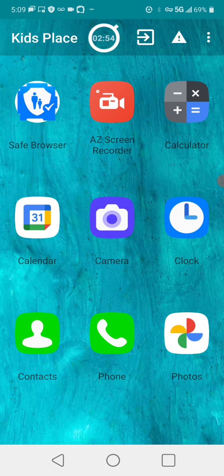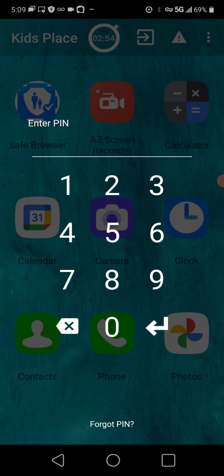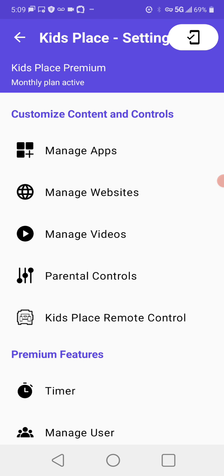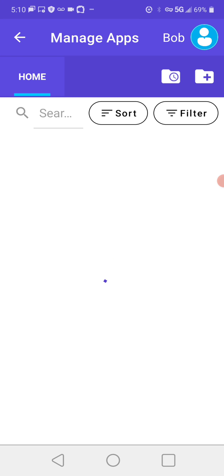And if parents want to change or give access to any other apps, they can go to settings, which is PIN protected, and so that way the kid cannot go in there. Only parents can go after entering the PIN. And right now it shows a lot more settings because our app is not just Kids Launcher. It provides the full parental control capabilities, but just from the launcher's perspective, parents can go into manage apps, and this